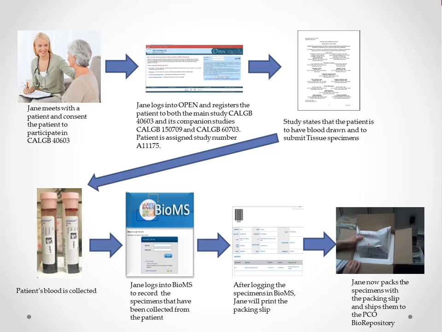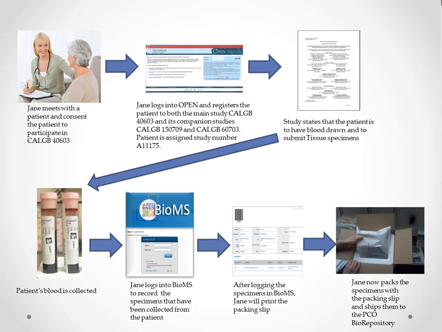Jane meets with the patient and consents the patient to participate in CALGB 40603. The patient also agrees to participate in the companion studies. Jane logs into OPEN, registers the patient to both the main study, CALGB 40603, and its companion studies, CALGB 150709 and CALGB 60703. The patient is assigned study number